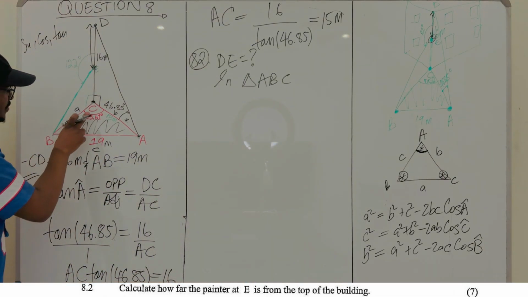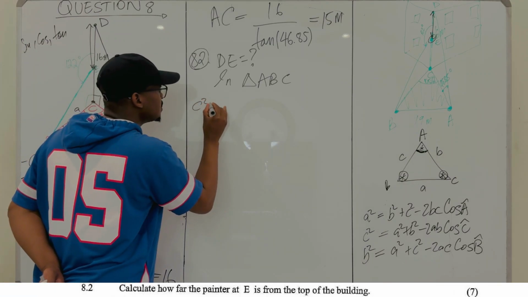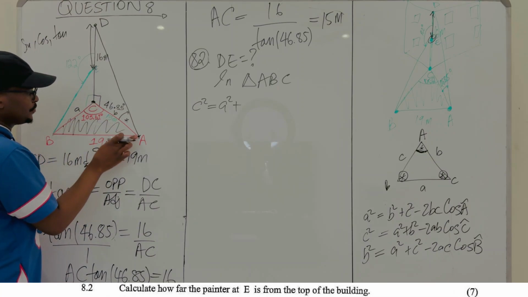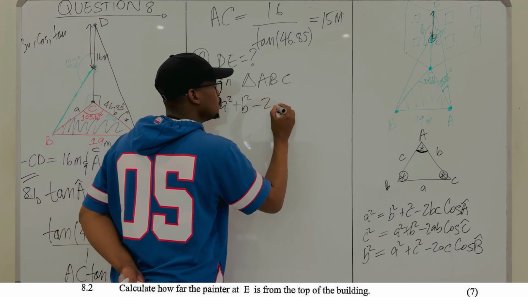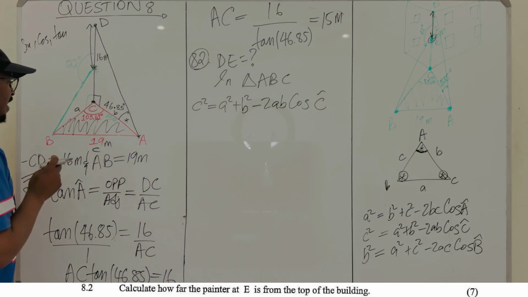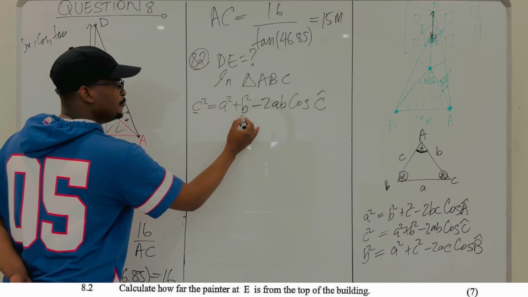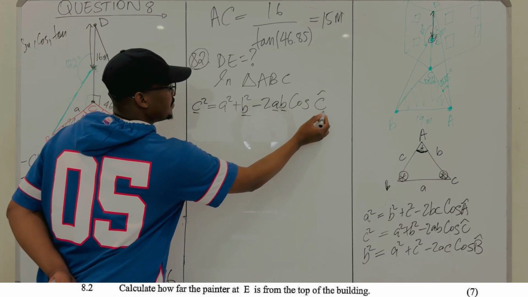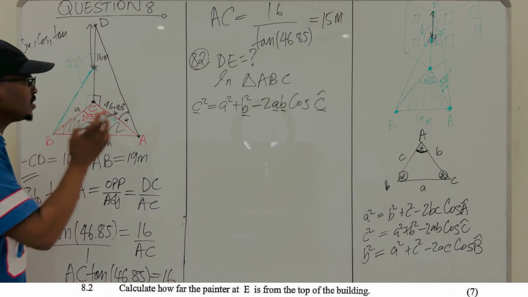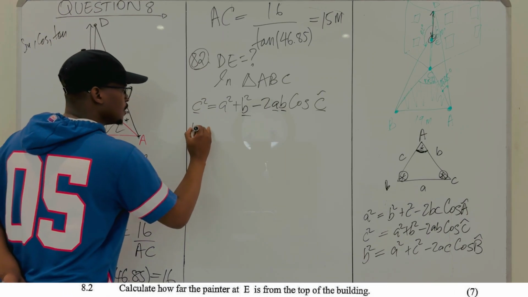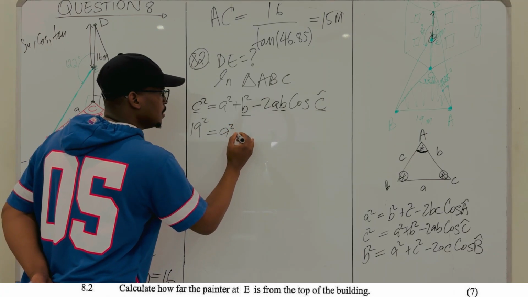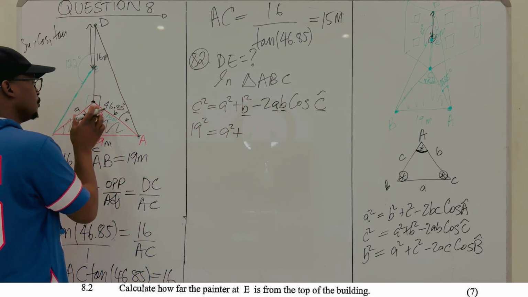So, in this case, we have this angle C. Which means our c squared is equal to what? a squared plus b squared minus 2ab cosine of angle C. We have c, we don't have a, we have b. So we can substitute everything that we know, and we're left with what we don't know. So in that case, what is your c? Your c is 19, so 19 squared is equal to a squared. You don't have anything, just put a squared, plus your b squared. Your b squared is 15, so we just put 15 squared